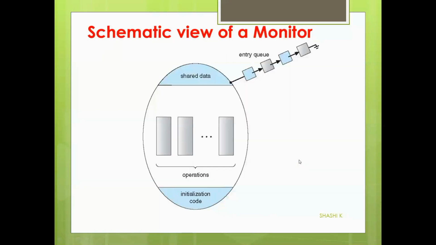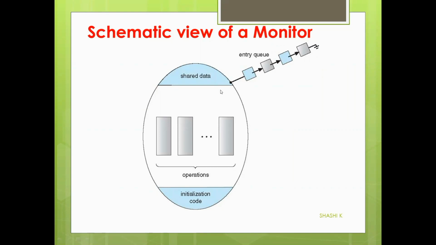Okay, so I told you this is the concept of a monitor where we put all the shared data inside the monitor. But we are going to have different variables, different shared data. Let's say you may have three variables called X, Y, and Z, which may all be shared among different processes.